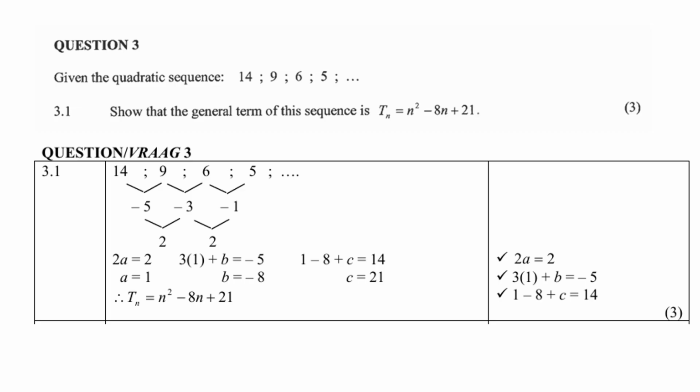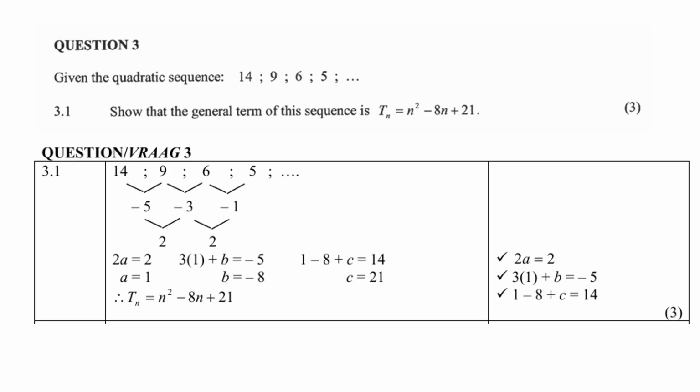Then you go to the second difference and you repeat. Again, the second term minus the first term. Now we're going to have negative 3 minus a negative 5. Be careful now. If you're unsure how to do that, use your calculator and you'll get a 2. The same with the other one. Negative 1 minus a negative 3 and you get another positive 2. So the second difference will remain the same. That will not change.